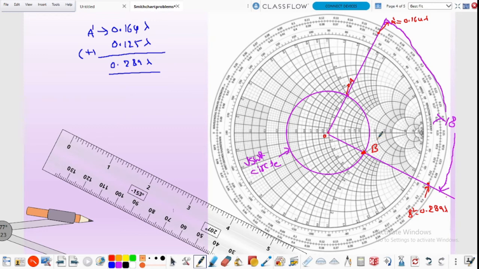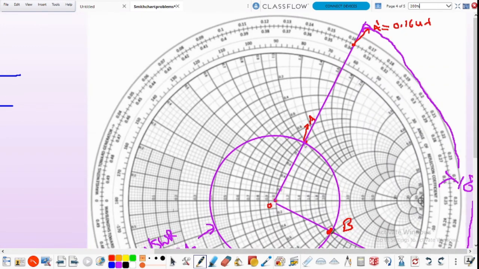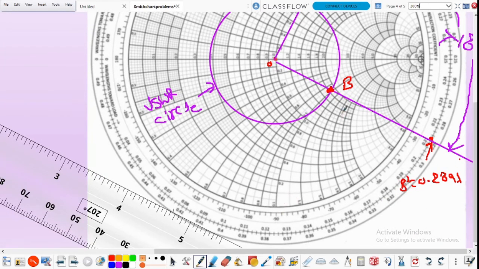So from the Smith chart, the point B is the intersection of, so what is that intersection point? Observe that this is the R equal to 2 circle, and this is the reactance approximately one circle. This point B is below the horizontal axis, so it has a negative reactance value. So it cuts the R equal to 2 constant circle and the X equal to minus j1 reactance circle.